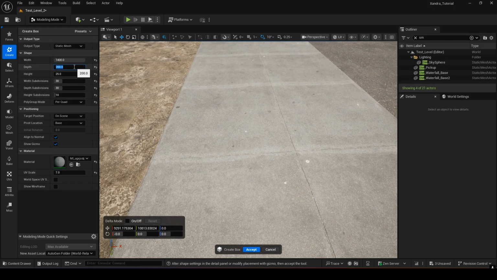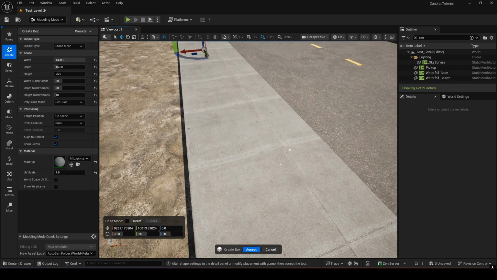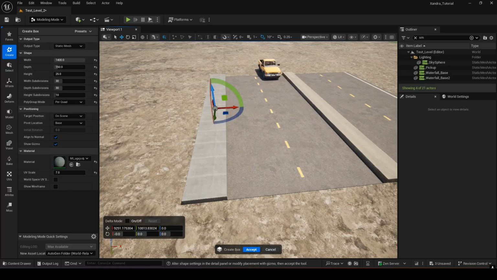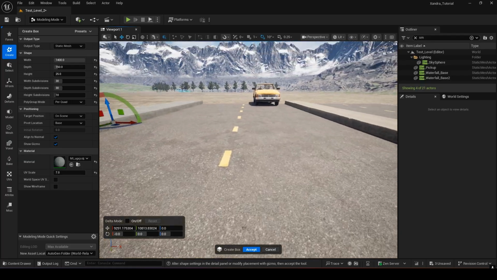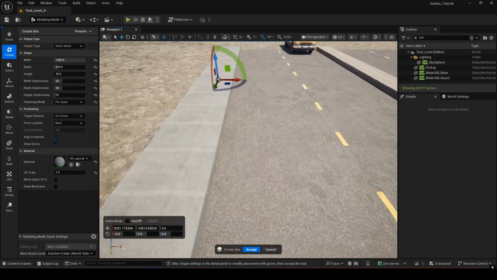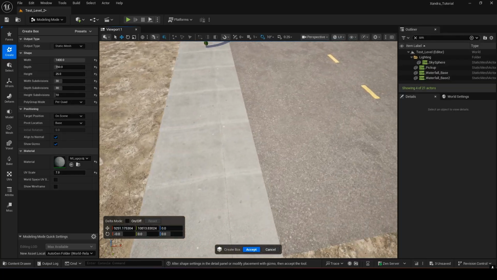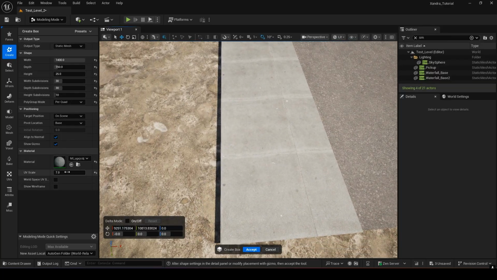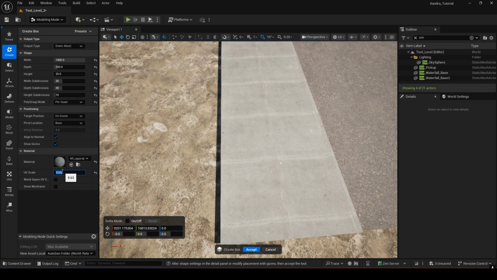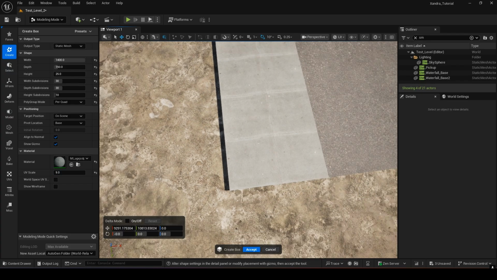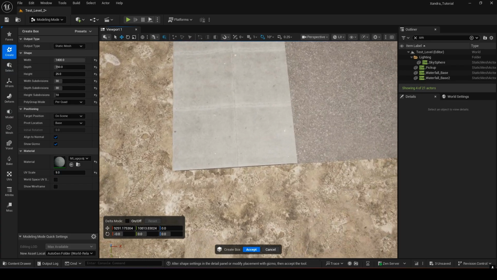And for depth, we'll call it 150. Let's see how that looks width-wise. That looks good. And it might still be, no, I think that looks okay height-wise. So now, same thing, we'll keep playing with the scale over here until we've gotten a value that we like. So we'll call it, I think, 10. No, it's going to be a bit too much. 9. 9 looks pretty good. That looks pretty centered